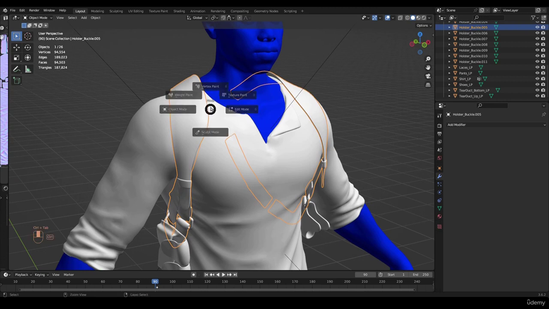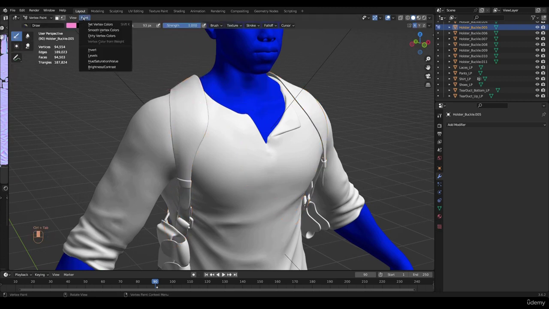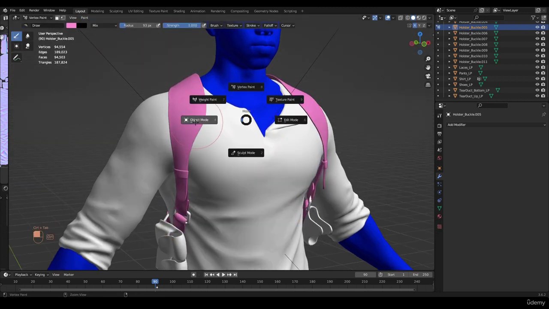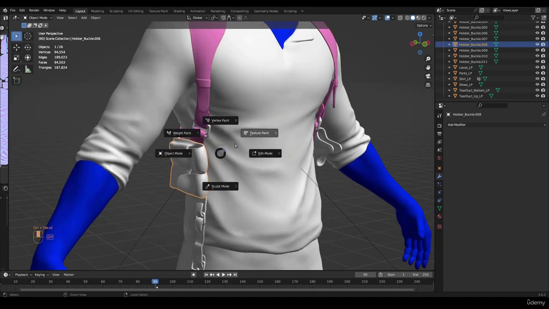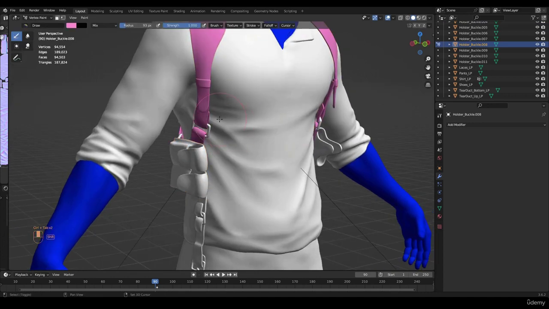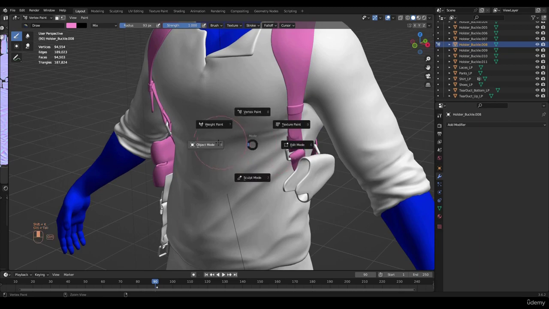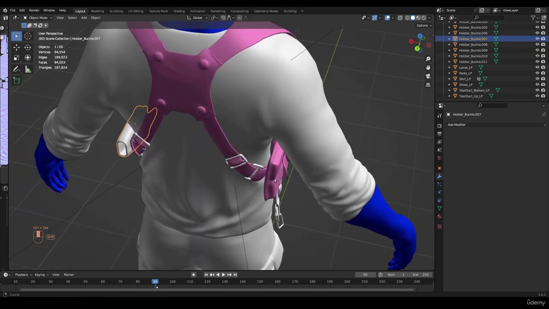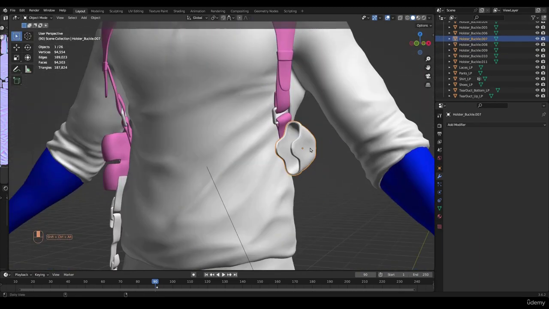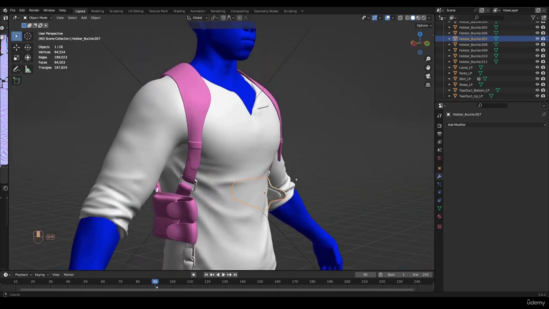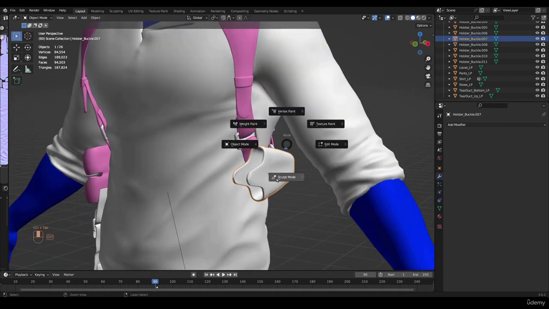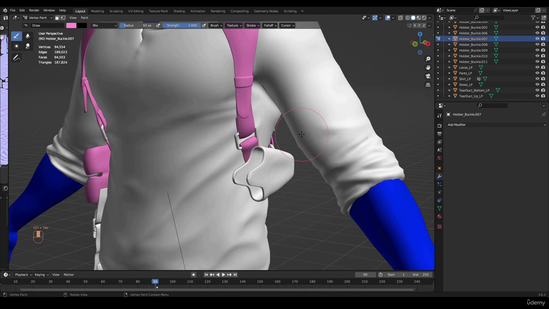I'm going to go over here, Vertex Paint. There you go. And same thing, I'm going to go here, Vertex Paint, Shift K. So I'm going to go to all the parts here, this is going to be made out of leather. So I'm going to go to all the parts that are going to be made out of leather. Go to Vertex Paint, Shift K,